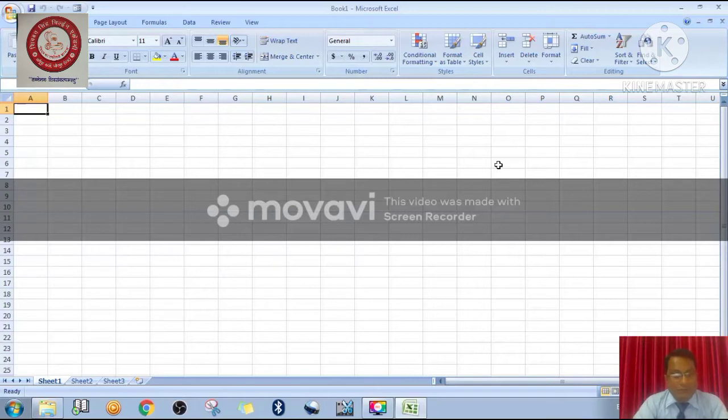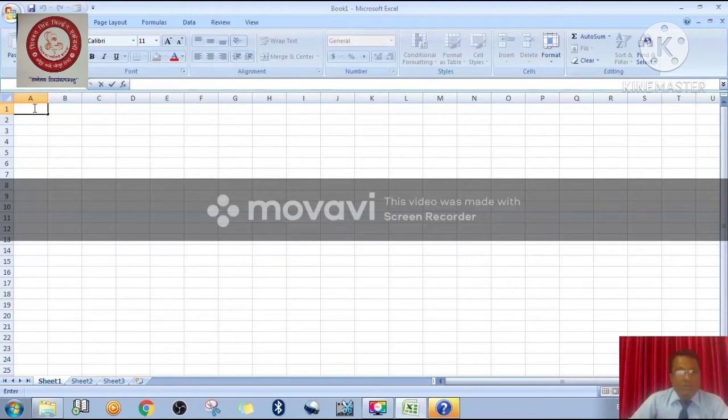If you press F2, what is happening here? I have pressed F2 here. Immediately the cursor is coming here, and that cursor gives the idea that now we are able to enter any kind of data into it, right? One more thing: if you want to enter data in any cell, you can just double click. Double click, immediately the cursor will come, and then you are able to enter the data into the particular cell.